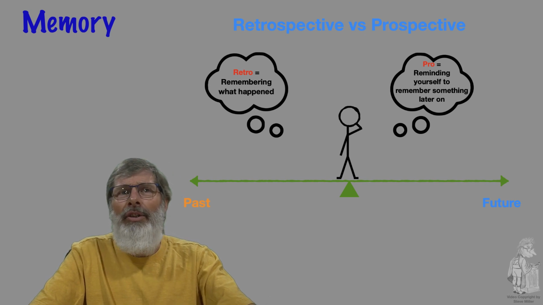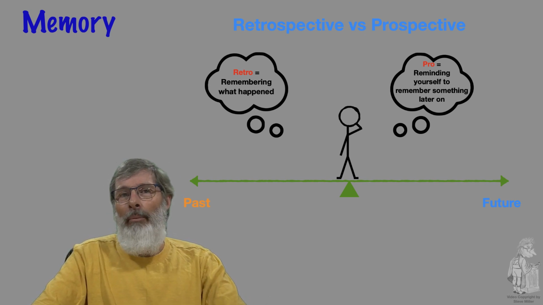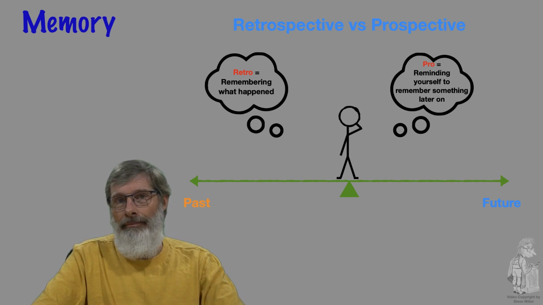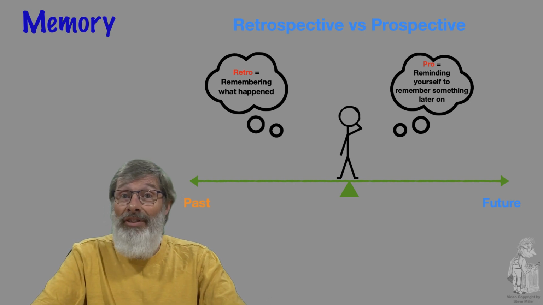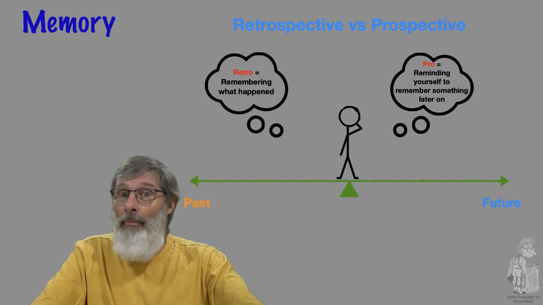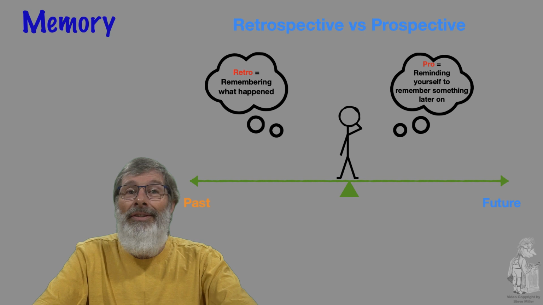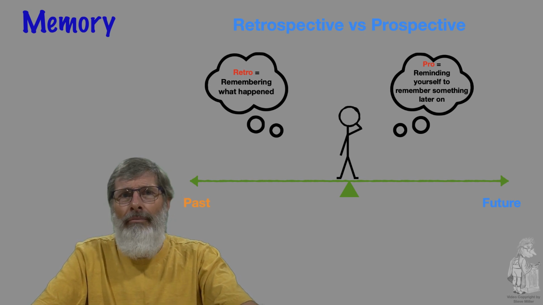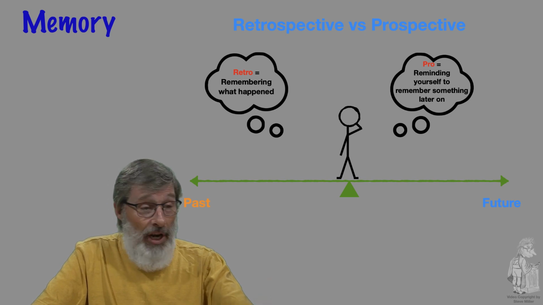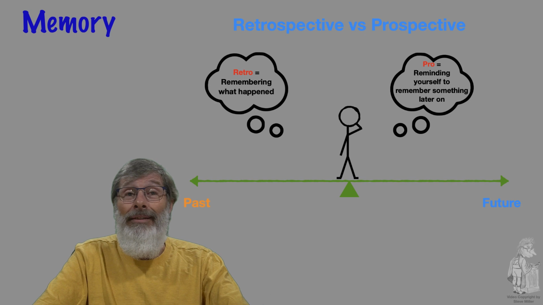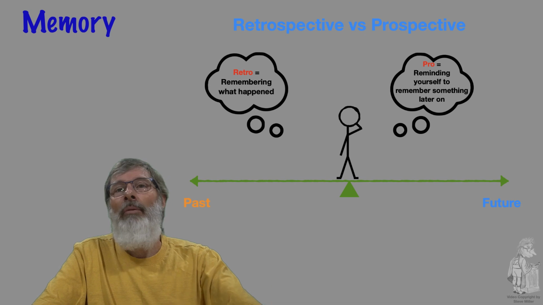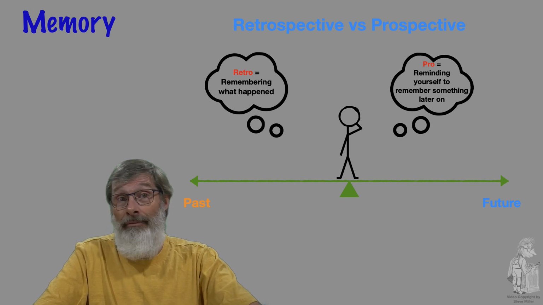Let's look at these and we'll define them. Retrospective memory is the recalling of information that has been previously learned. Episodic, semantic, and implicit memory are recalling things we've learned already. Prospective memory involves remembering to do things in the future, like paying bills. Now, prospective memory tends to fail when we are preoccupied, distracted, or feeling stress and pressure at the time. Those things will interfere with our ability to take in and remember new information.